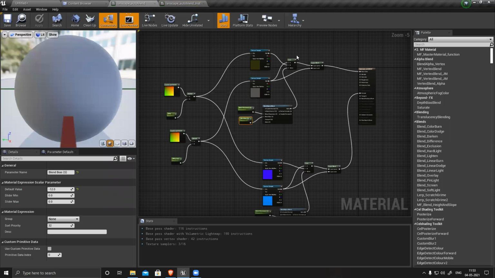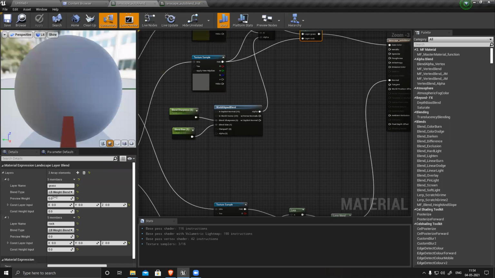Okay, one more thing I completely forgot. Previews, all the previews are off. So any of the previews I can switch on, make it one. The preview is on.